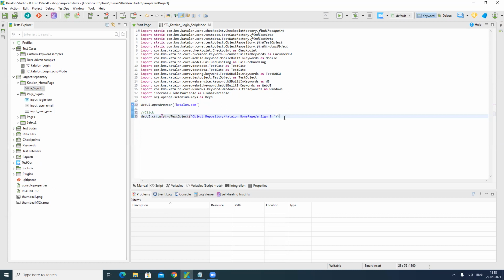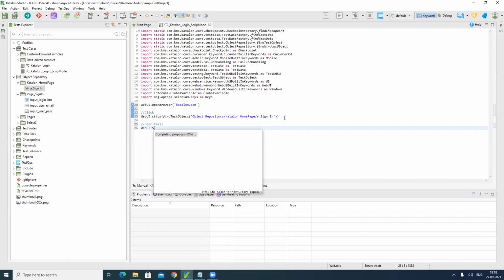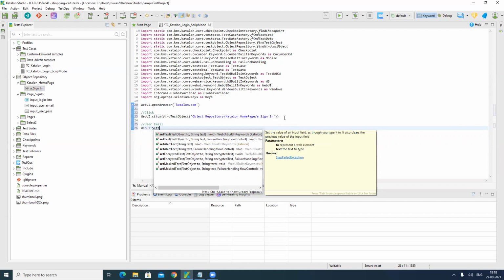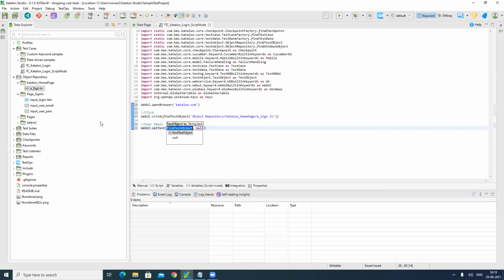In the same way, we are going to use some more actions. Next is our user email address. WebUI dot set text. Right. So which is the object?